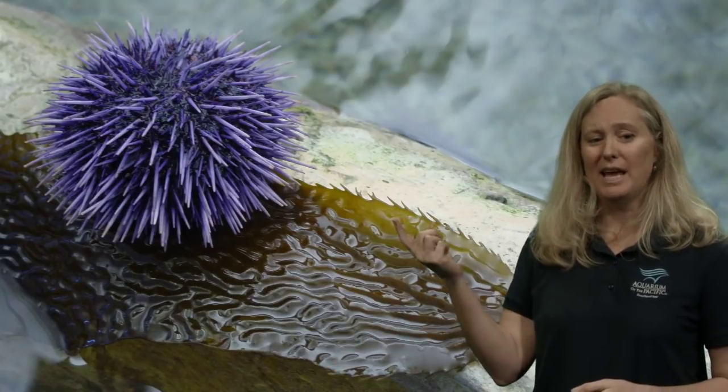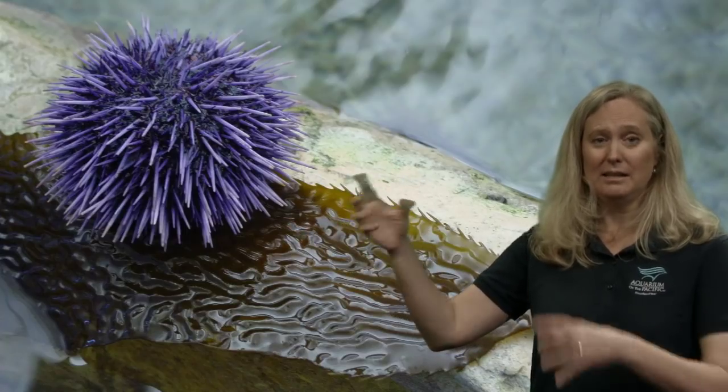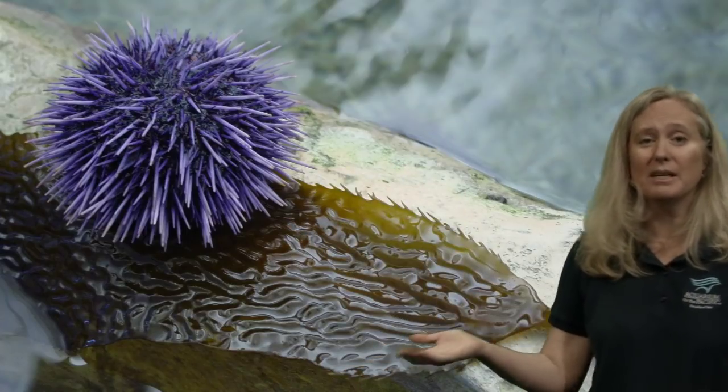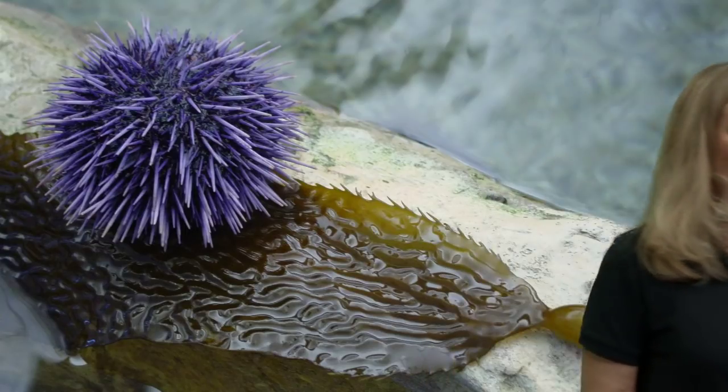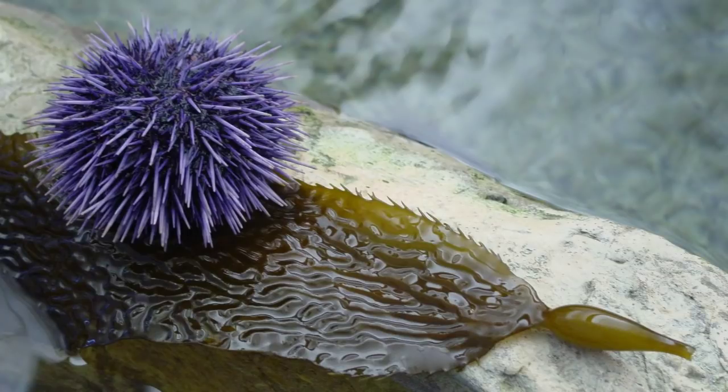So how do you think an animal that looks like a big crazy pokey ball is able to eat something like this? Well, where do you think its mouth is? It's on top of the kelp, so maybe the mouth is on the underside. And that's exactly where it is. So they actually have 5 teeth that all come together to help them eat the kelp on the underside of their body. And I can show you what an urchin looks like